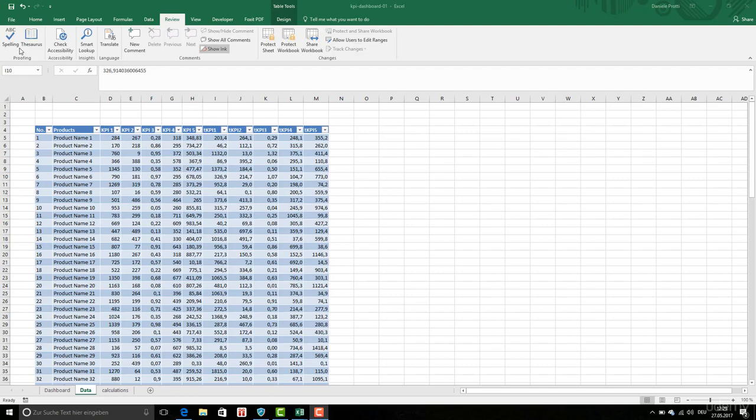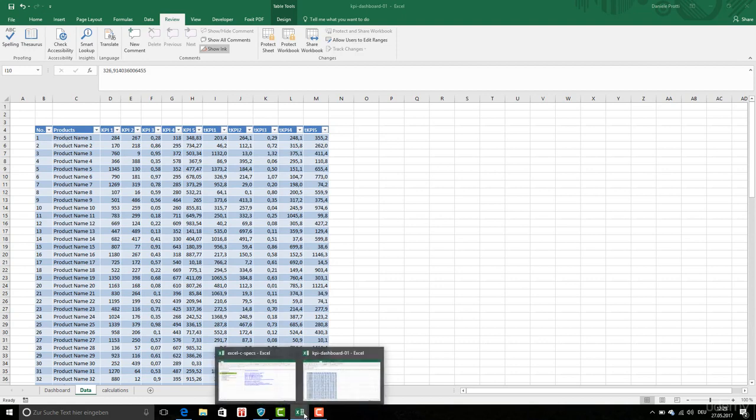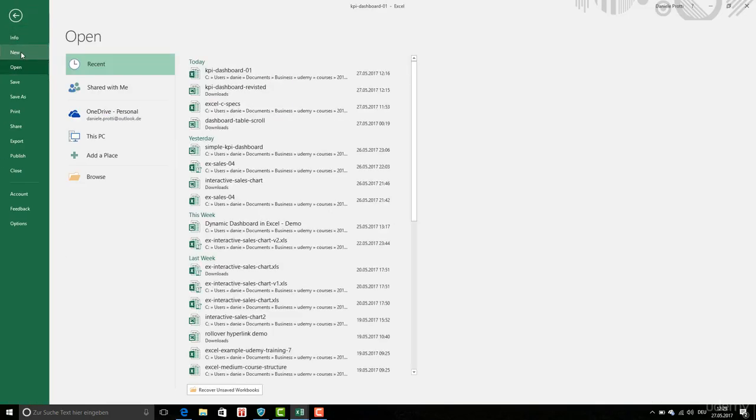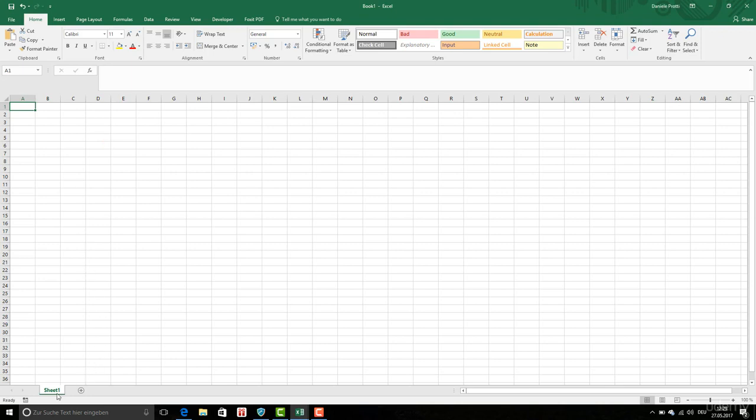Now the first thing we are going to do is to create our table of products with their KPIs. So I'm going to do the following. I'm going to create a new workbook, new blank workbook. Okay, then I create